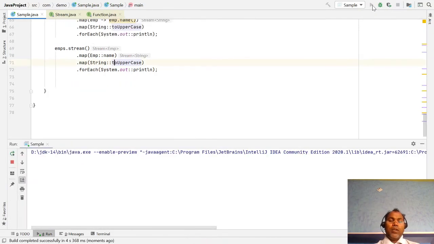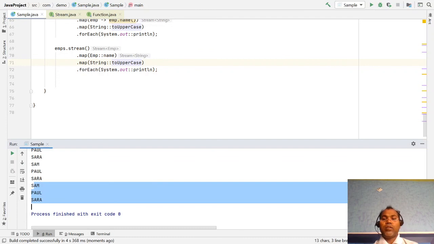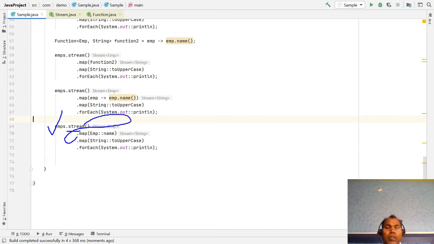So in summary, let's recap what we have done here. We have a list of employee objects streaming one by one. That means one object comes to this method function. From one object I am just getting the name from the employee object.